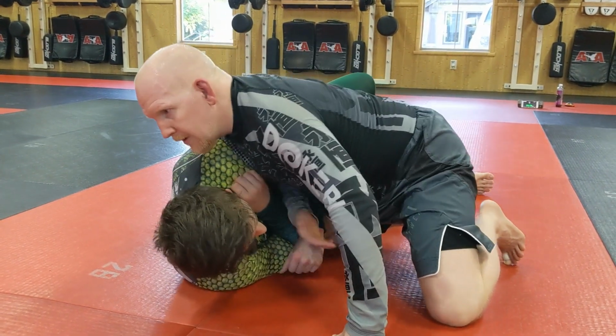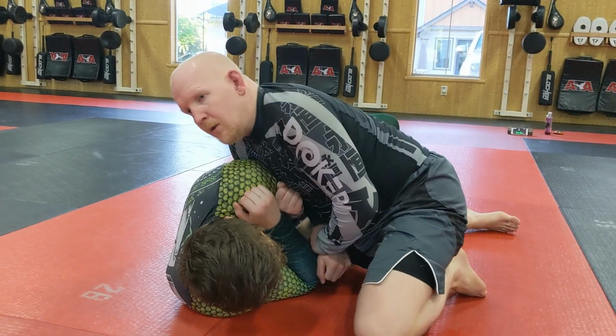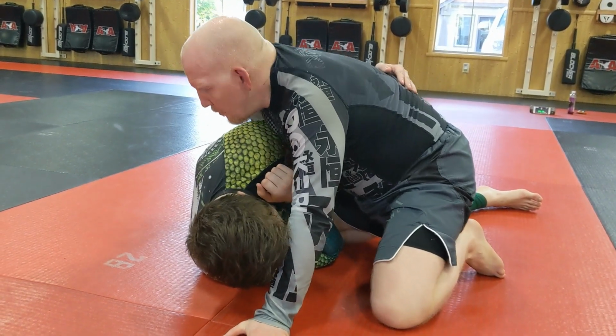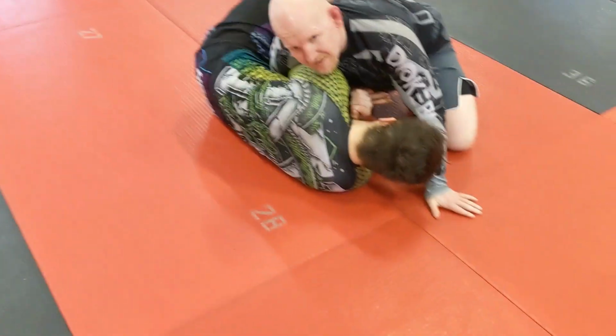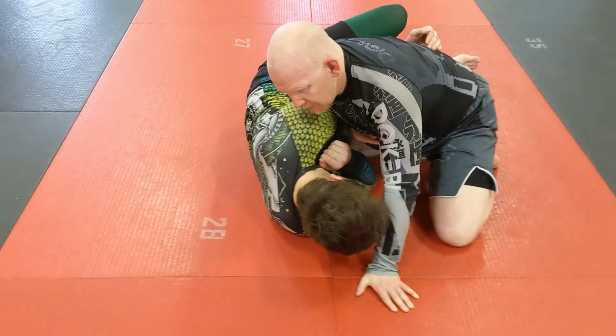And so I can use that to keep his underhook where I need it, either pushed through with me over, or with his hand on my back, but me with a really tight overhook, bearing whizzer pressure down right at his elbow. The second concern that I have when I'm trying to submit from this position is if Donovan comes